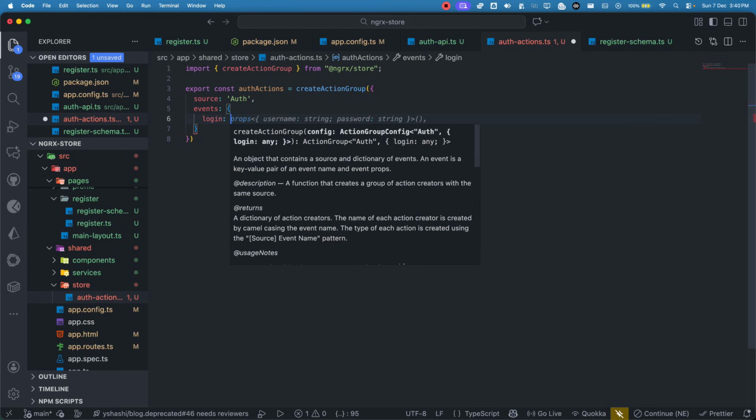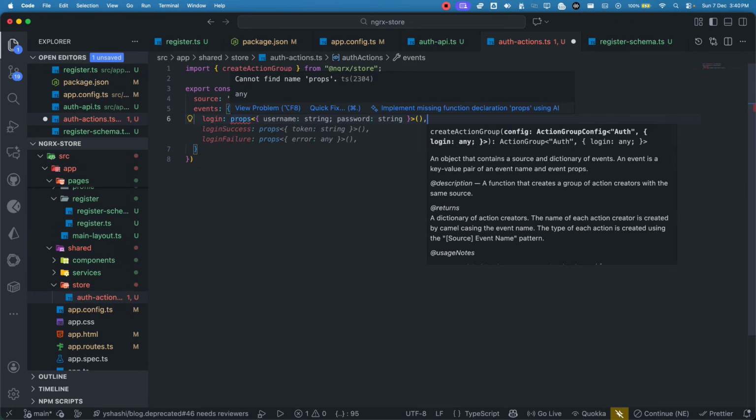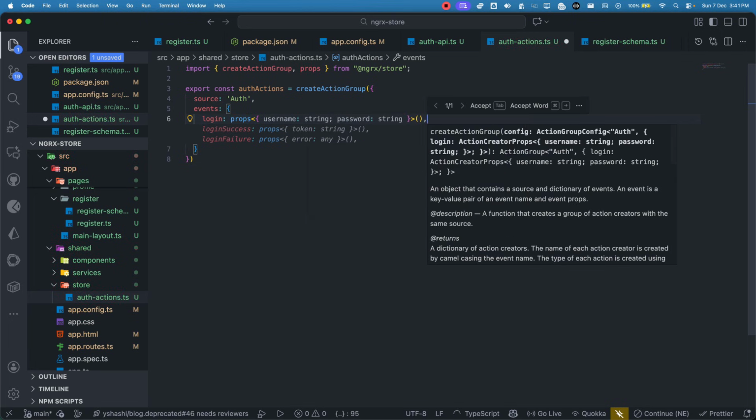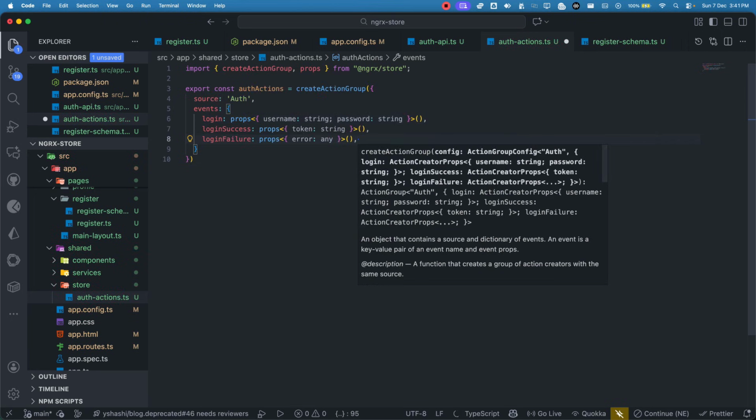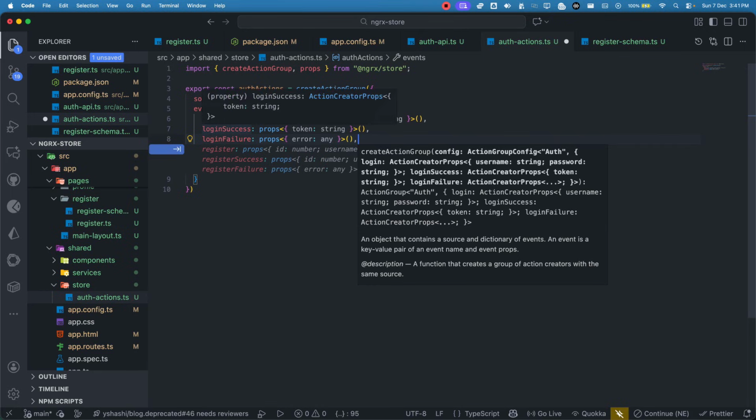Once you are doing login, what is the property you need to pass to your action? So I want to pass props called username and password, and that's why it is called props. So let me go ahead and quick fix it and import. So now I have a login, and as I told you, I could also have two more events called loginSuccess. If the login is a success, we are passing props with a property called token. Once the login is done, the backend sends you a token, and that token you can pass to